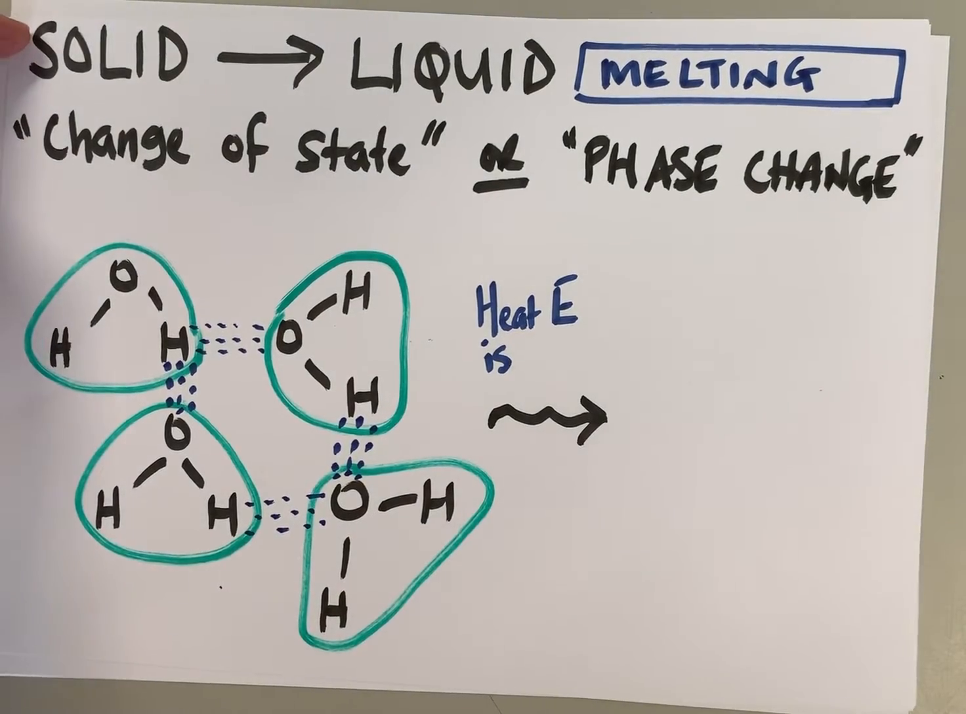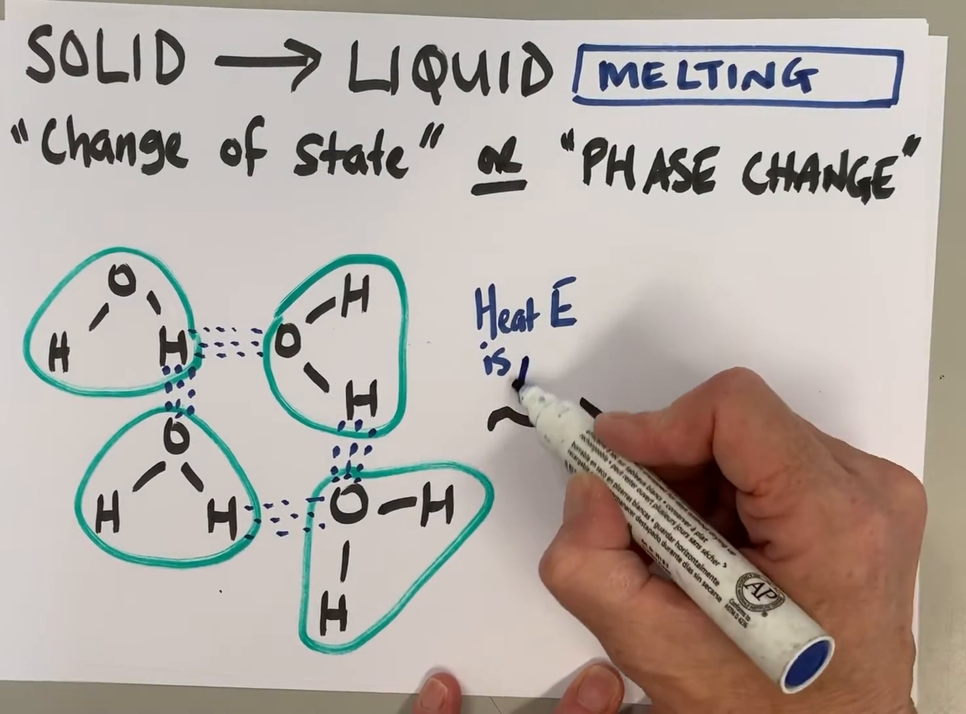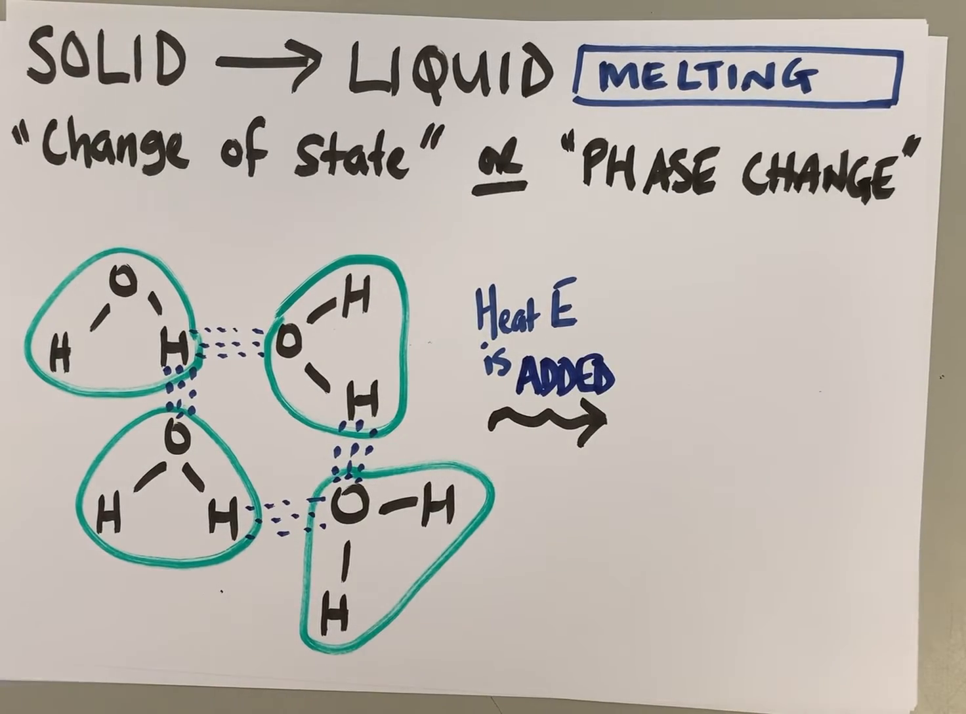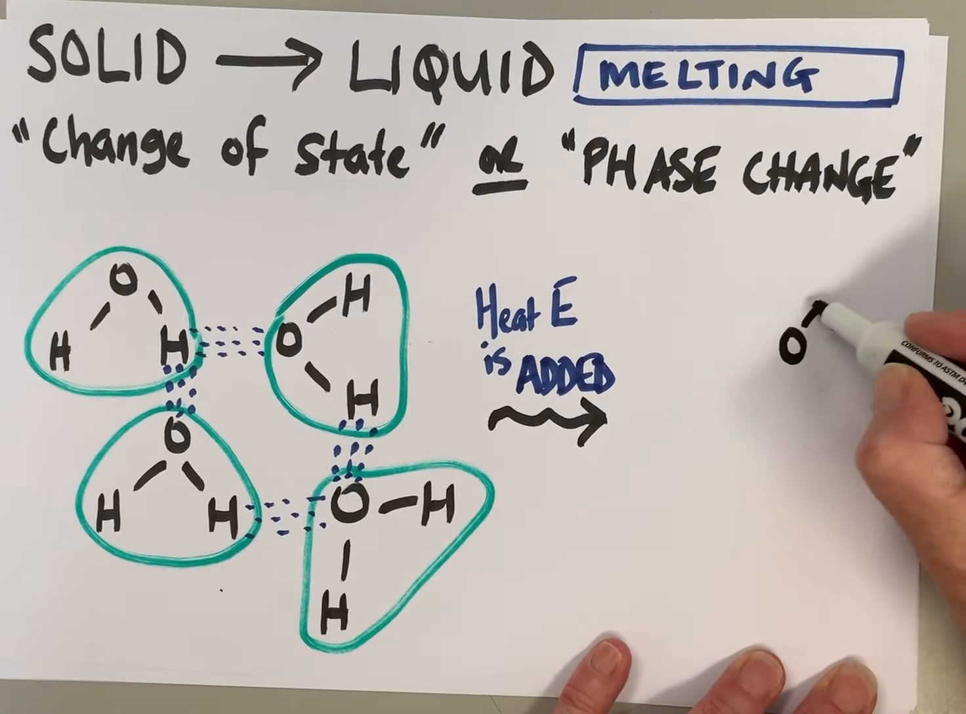Now, when you change from a solid to a liquid, it's really important to know that heat energy is added. So you have to add heat energy. At the phase change, there is no change in temperature. So the average kinetic energy of these water molecules does not change. So where does the energy that you're adding in go? It goes into reducing the number of these WIFs. Okay, and so what happens is when you end up with a liquid,